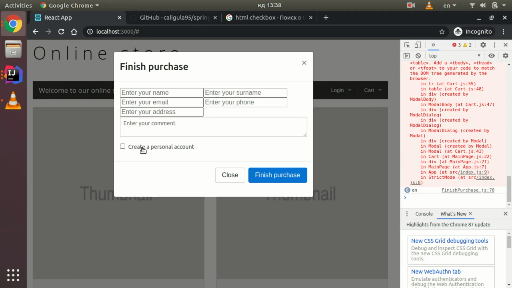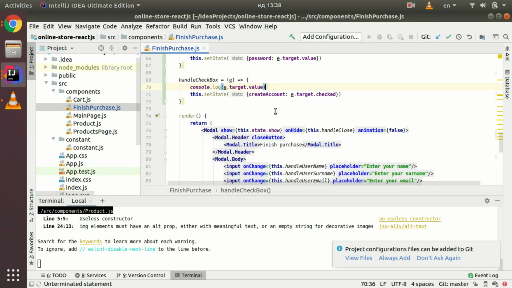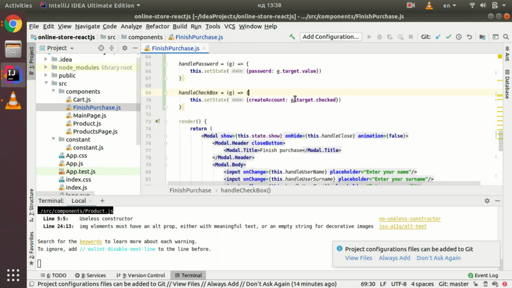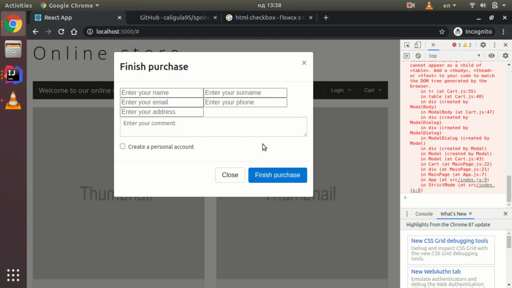Yeah, now works fine. Okay, let me remove this console log, and now if user enters password,